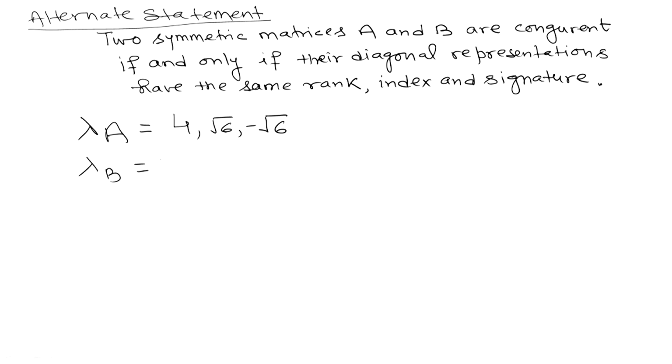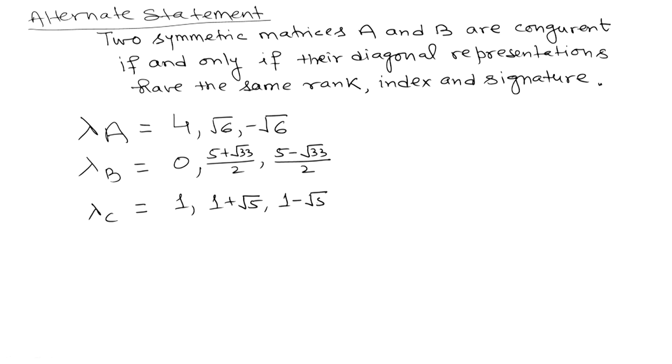The eigenvalues of matrix B are 0, (5 plus square root 33) by 2 and (5 minus square root 33) by 2. And the eigenvalues of the matrix C are 1, 1 plus root 5 and 1 minus root 5. Now, if I talk about the rank, index and signature of these three matrices,